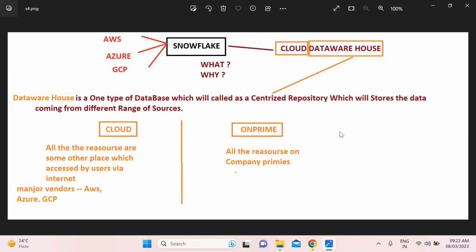The seventh point is no disaster recovery. If anything happens to that particular data center, there is no disaster recovery. These are the most common problems we face on-premises.